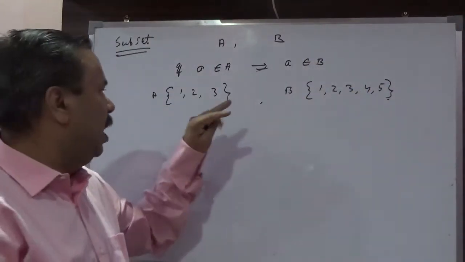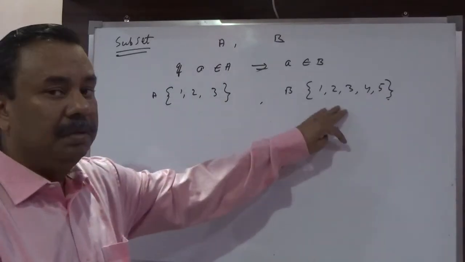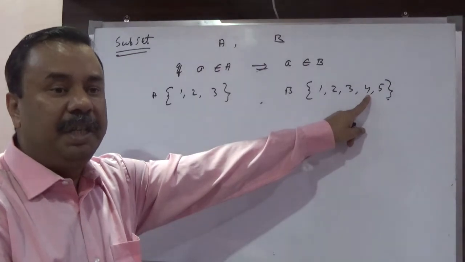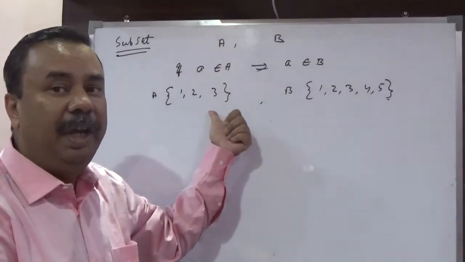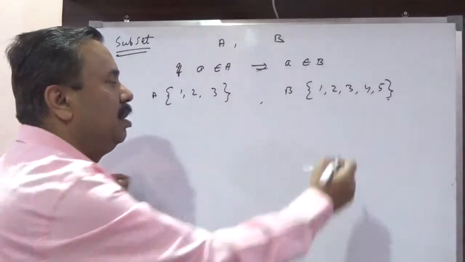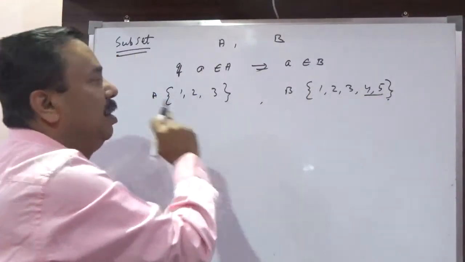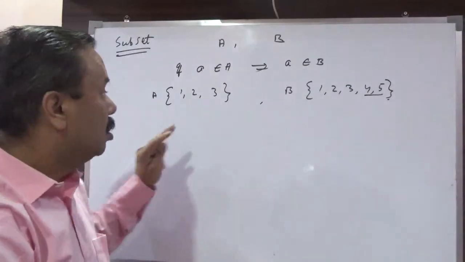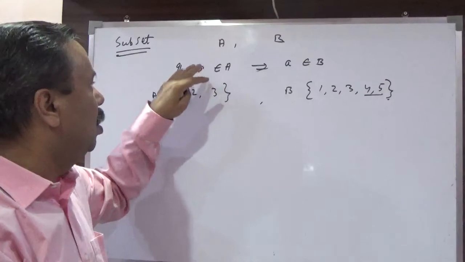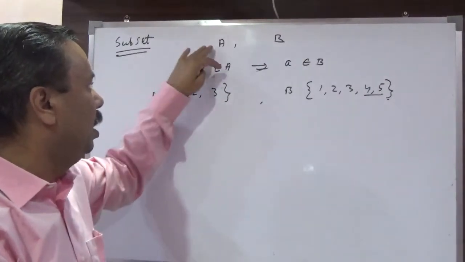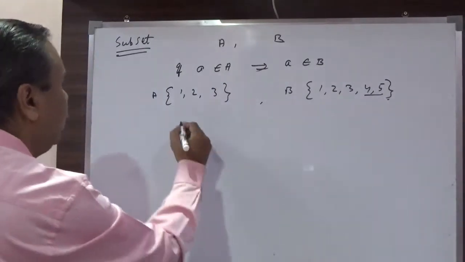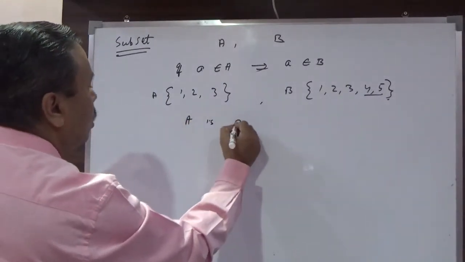Now you see, if it is an element of A, it is an element of B. But if it is an element of B, it is not necessary that it will be an element of A. These 2 are elements of B, but they are not elements of A. So in such cases, if all the elements of A are elements of B, then I will say that A is a